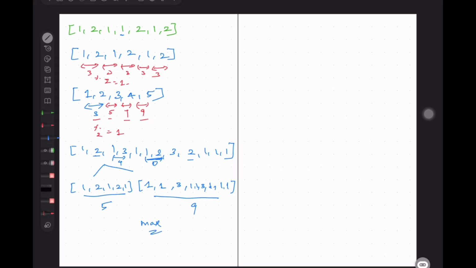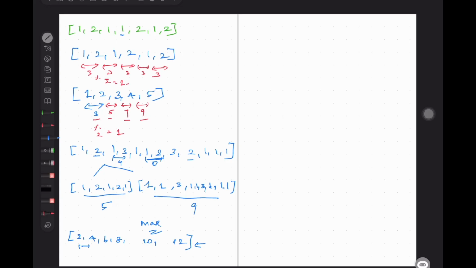So here if you notice, let's now take another example: 2, 4, 6, 8, 9, 10, 11, 12. In 2, 4, 6, 8, the length will be 4.